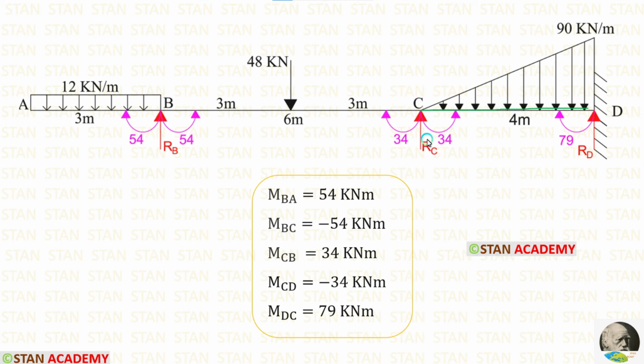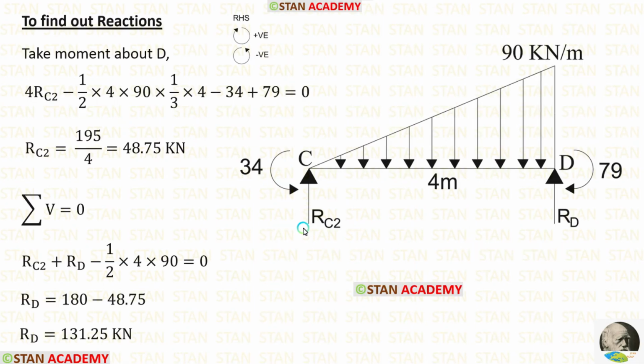In the span CD, there are two moments, MCD, which is acting in the anti-clockwise direction, and MDC, which is acting in the clockwise direction. In this span, first I am going to calculate RC2. For that, I am going to take moment about D. RC2 is acting towards the point D in the clockwise direction, so it will be positive and the distance is 4. So for RC2, this UVL is acting towards the point D in the anti-clockwise direction, so it will be